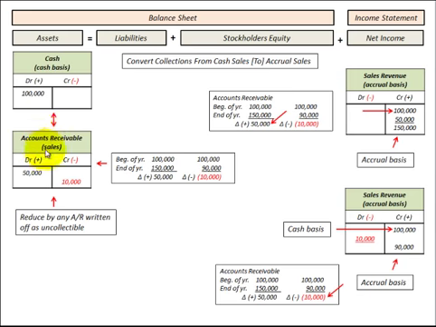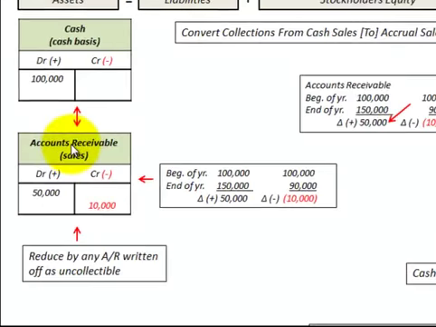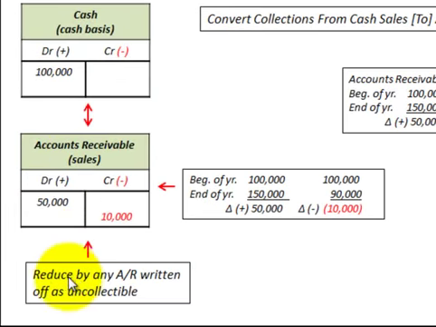Okay, let's set up here our accounts receivable for the accrual sales. Now remember, this accounts receivable here should be reduced by any of the accounts receivable written off as uncollectible. So let's look at our first case here where we had an increase in our accounts receivable of $50,000. So our beginning of the year balance was $100,000. The end of the year balance was $150,000. So what we would do is we debit or increase our accounts receivable by that increase for the year